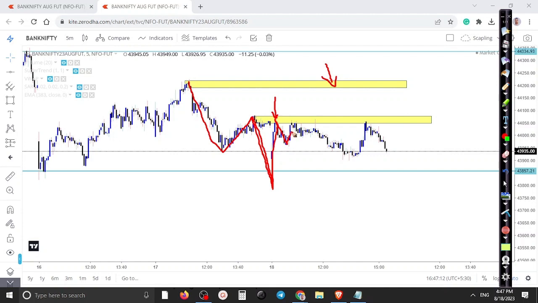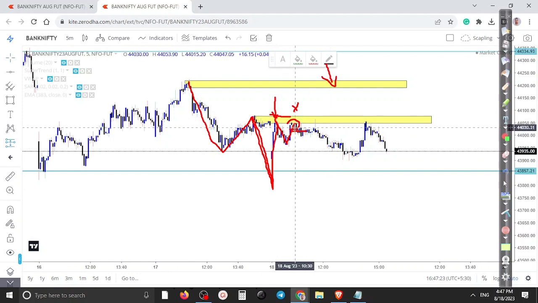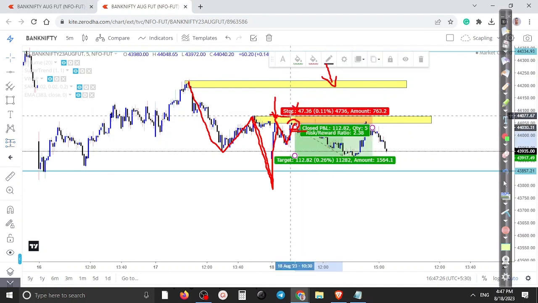Again it pulls back, goes a little bit, fails to create a new high, and we have seen some rejection, and we place an order in this area. Let me show you. Okay, we place the order here. Basically I use 1:5.4,